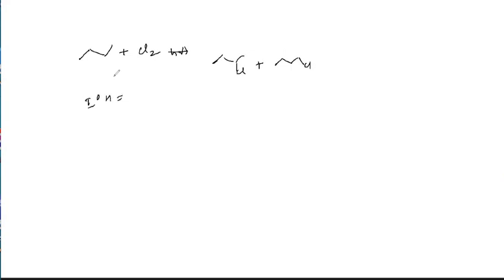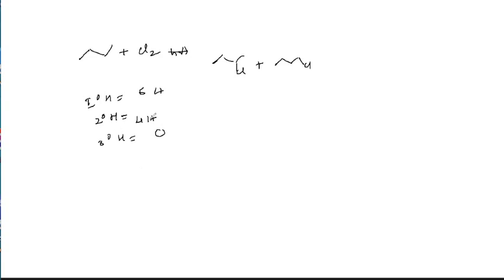Now here, primary hydrogens. How many primary hydrogens? These two are the primary, always terminal. It also should be CH3, right? How many? 6 hydrogens are there. Then secondary hydrogens. How many secondary hydrogens? A secondary carbon's hydrogens are secondary hydrogens. So here 2, here 2, total 4 hydrogens are there. Then what about tertiary hydrogens? Is there any tertiary carbon here? No tertiary carbon, so it is 0.